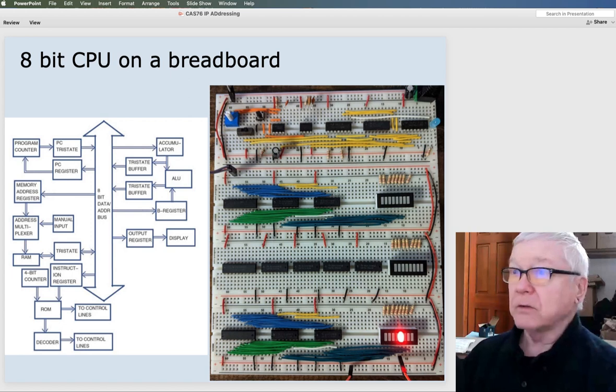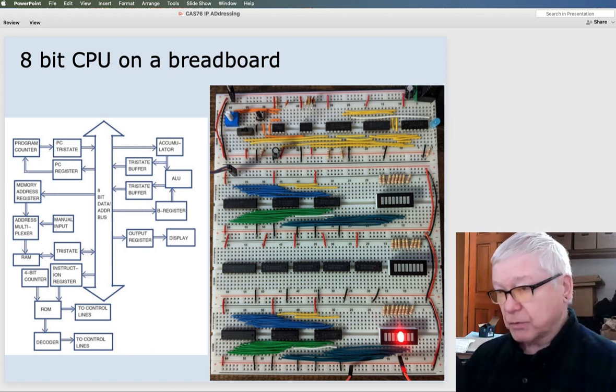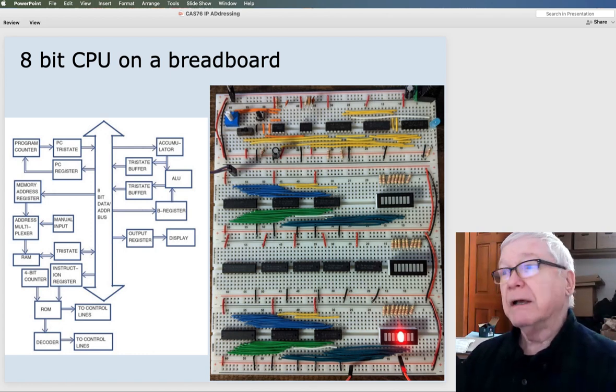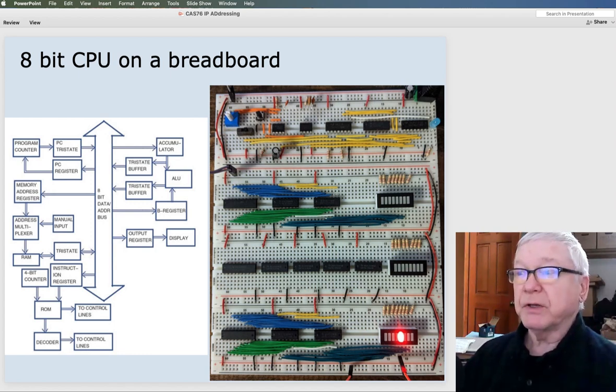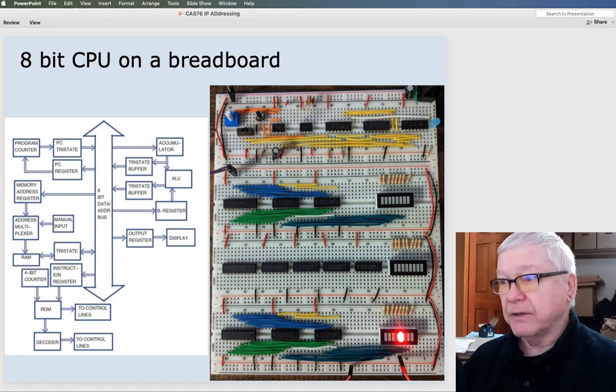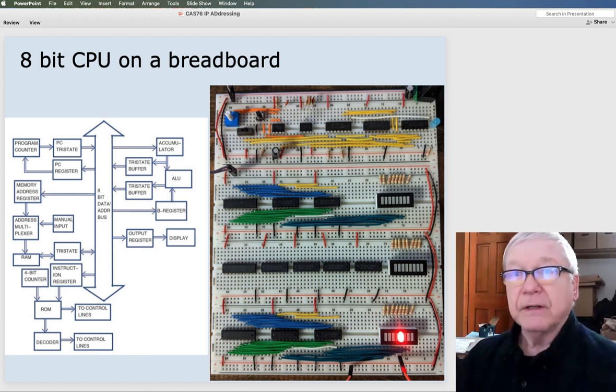This is how I learned about all this stuff way back in the day, by actually building an 8-bit central processing unit, a CPU, right there with wires and resistors and LEDs. This picture is a little more sophisticated because it has this LED set down in the right-hand corner, but we had individual little LEDs there.